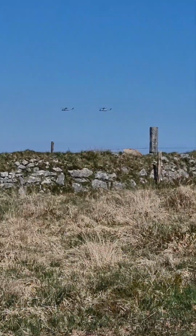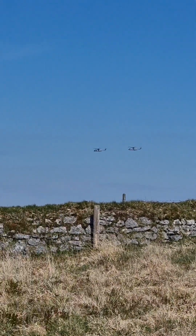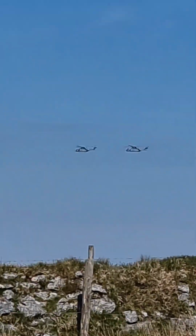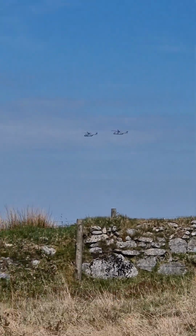Just always a reminder that a lot of Dartmoor is a military training ground, and you will quite often see aircraft flying overhead. We're fine. When I say we,